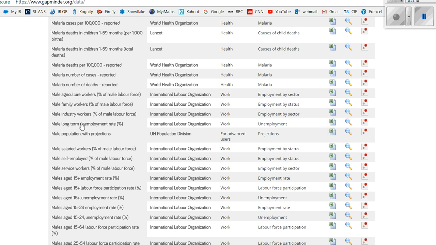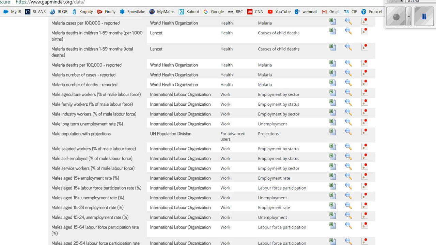Maybe. Or what about one where there'd be more countries? Because maybe not every country has malaria deaths. Males aged 15, unemployment rate percent. Yep, okay. So unemployment of males. Some people have looked into things like unemployment and depression rates and alcohol rates and suicide rates, to see if there was a correlation. So then you would go across and I would select the spreadsheet if it was for an IA, because you'd ideally want data that you can copy and paste into your own spreadsheet later, and see, a lovely thing pops up.